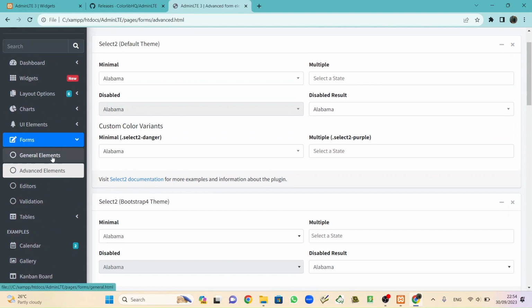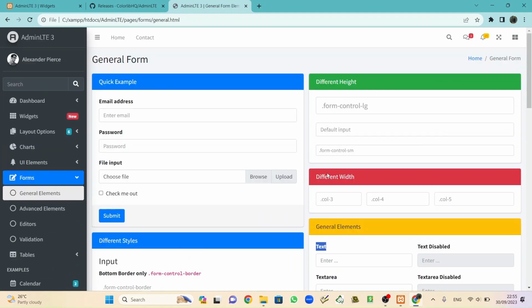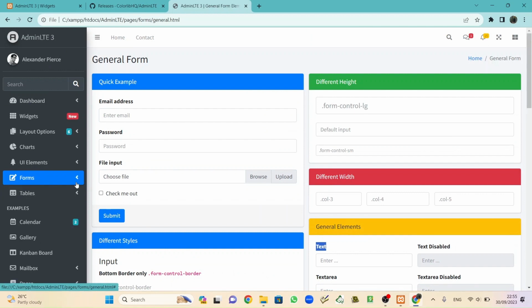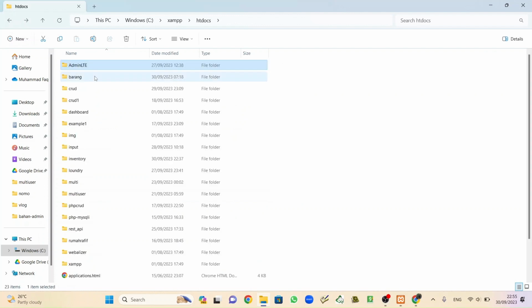Yes, general and this one. We will use just this button and also the general elements. So before we begin, make sure you have done all of this: download AdminLTE, install it, and place it in htdocs inside XAMPP.